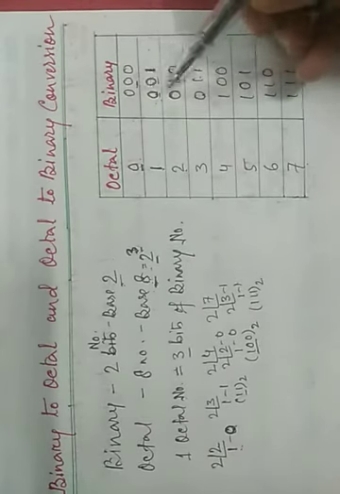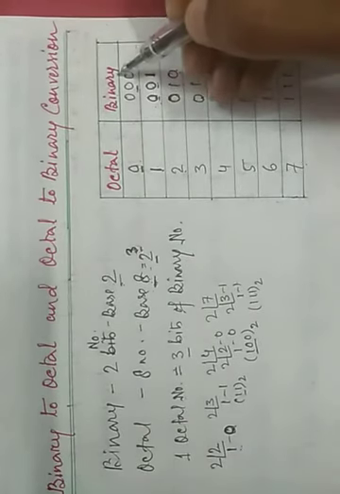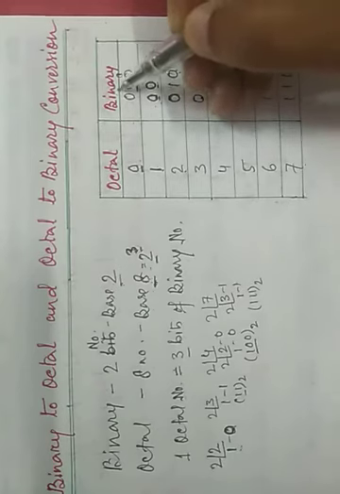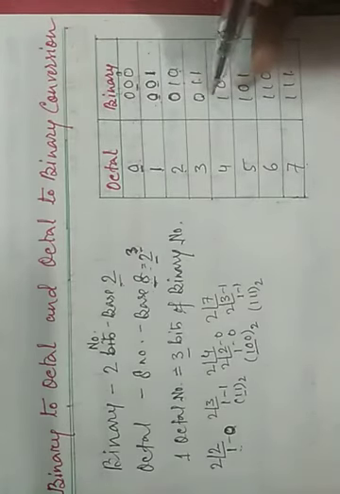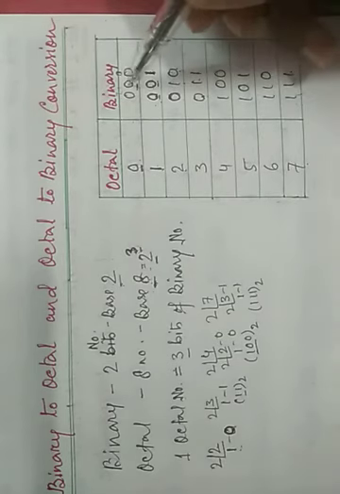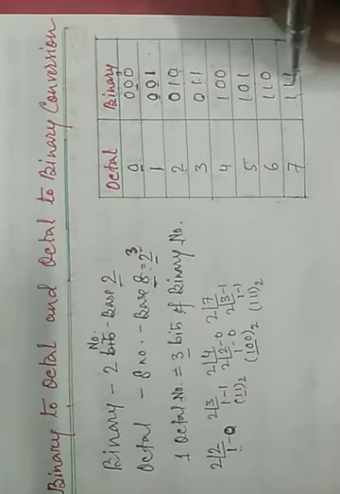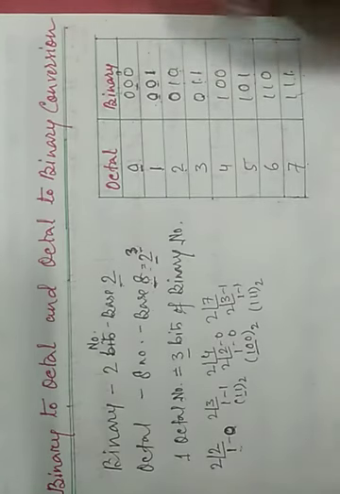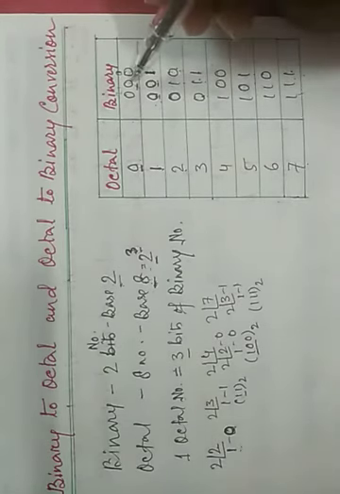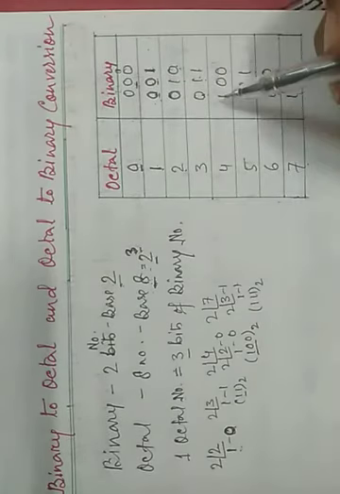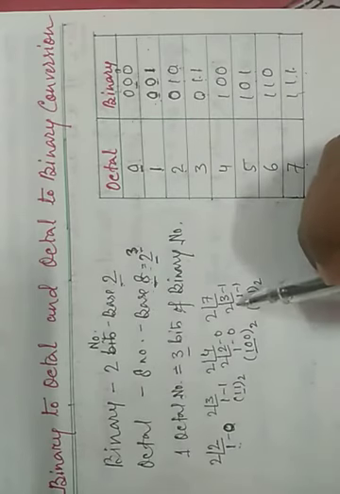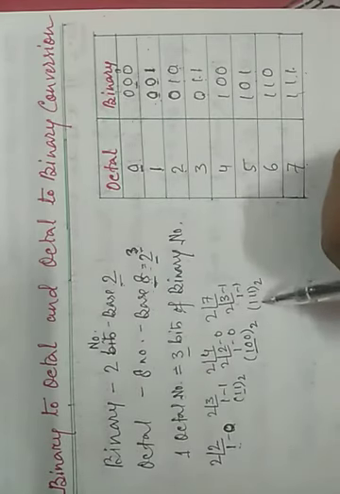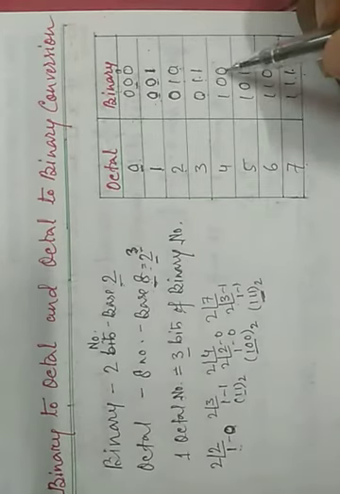You see here, there are 3 bits placed, 0 1 2, 3 bits. For the first bit there are 4 zeros, 4 ones. For the second bit 2 zeros, 2 ones, 2 zeros, 2 ones. For the third bit 0 1 0 1 0 1 0 1. Like this way you can remember this table. Otherwise, if we can't remember this table, you can find out the value of an octal number by dividing and getting the value of its binary number.